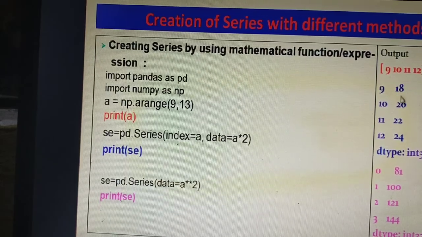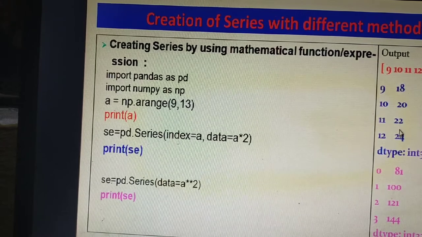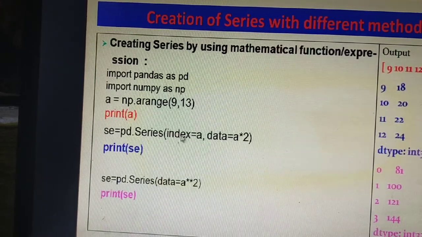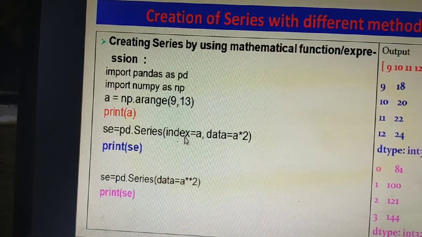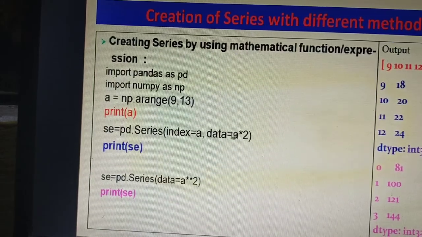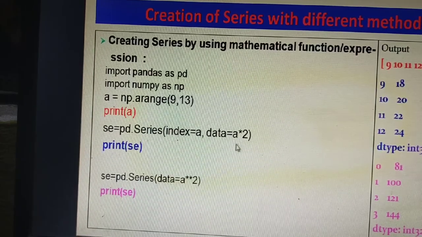So 9 multiplied by 2 is 18, 10 is 20, 11 is 22, and 12 is 24. In this way you can get it. You can multiply, add, subtract, divide, whatever operation you want to do here can be done. I have given one example of multiplication.